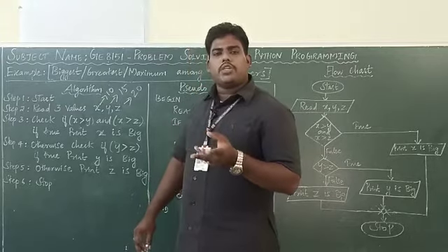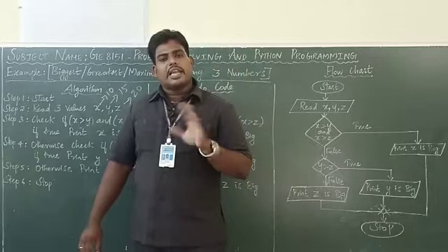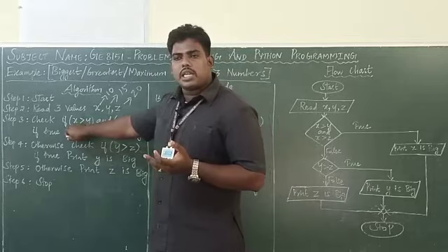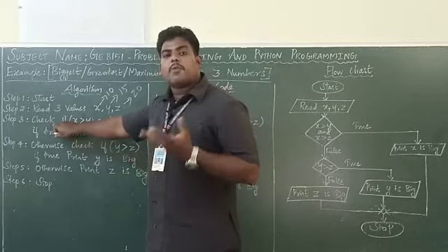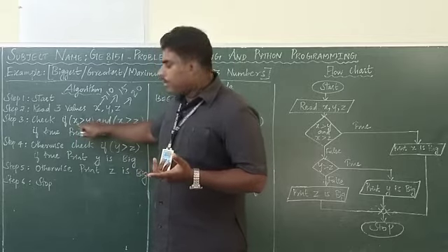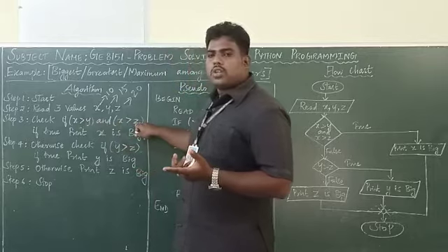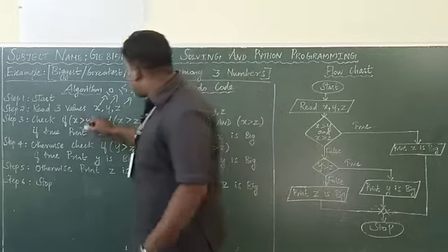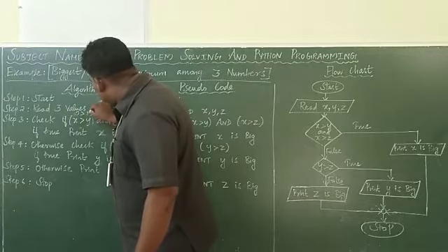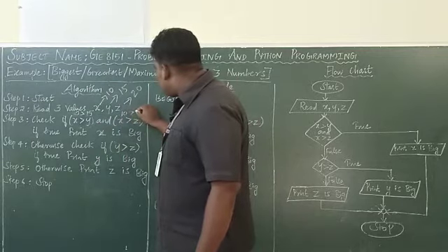So here I am going to use the comparison operator. A comparison operator is nothing but the greater than symbol or less than symbol. See, it's a selection statement. I am going to compare: if x greater than y and x greater than z. What's the meaning of it? What's the value of x here? 10. 10 greater than 15 and 10 greater than 20.